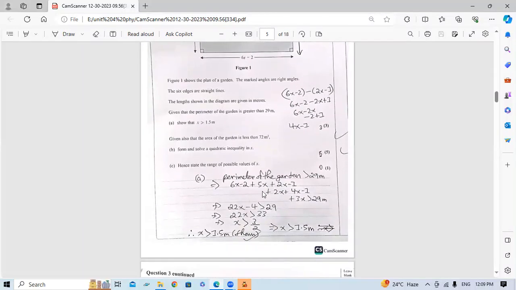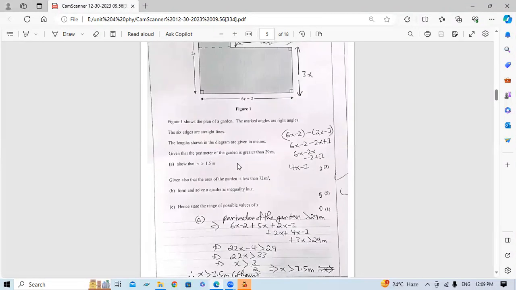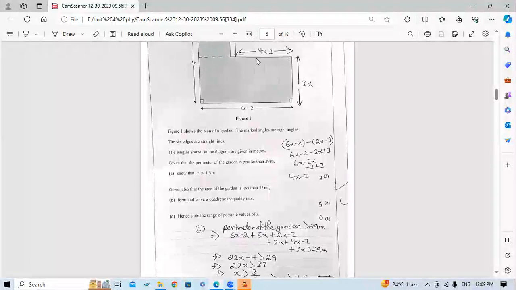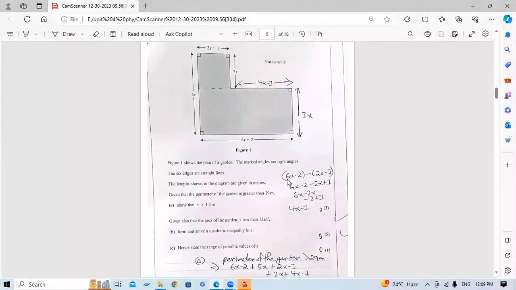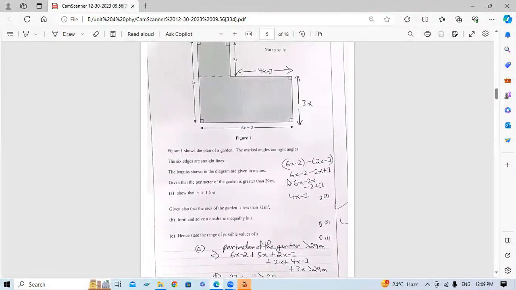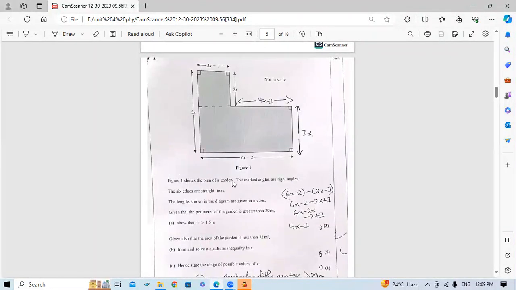So we can just write like this: perimeter of the garden is greater than 29 meters. This is a rectangle, so we can just find the perimeter of it. 6x minus 2 plus 5x plus 2x minus 1 plus 2x plus 4x minus 1 plus 3x. You just need to add up all the sides for finding out the perimeter of the garden in question number